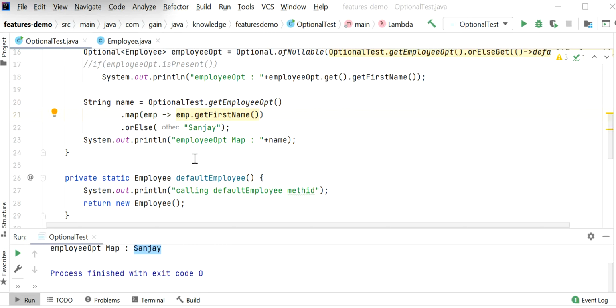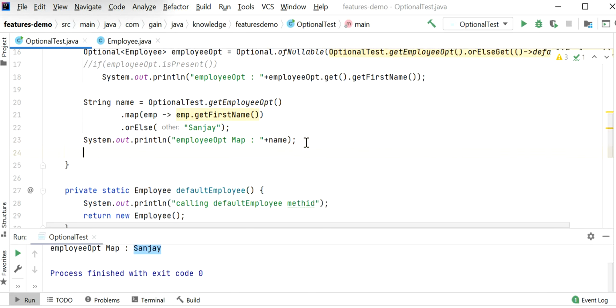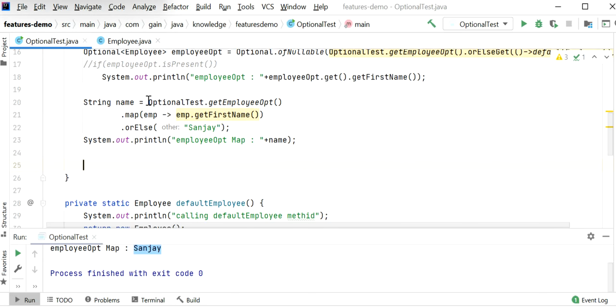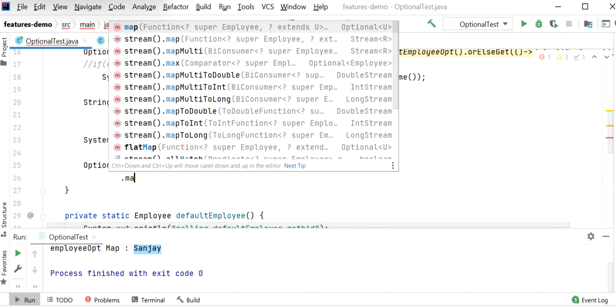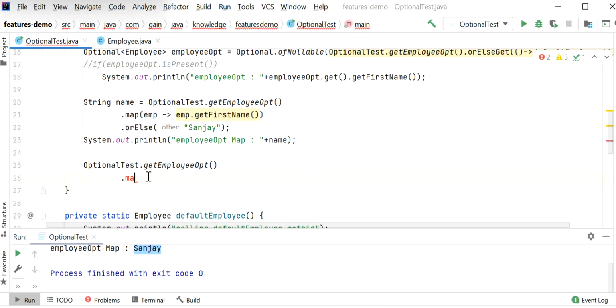There are some more functions of the Optional class that we can use to throw exceptions. Here we can use some validation, like we are calling optional test dot get employee opt, and here we can use the map method to get the age of the employee.